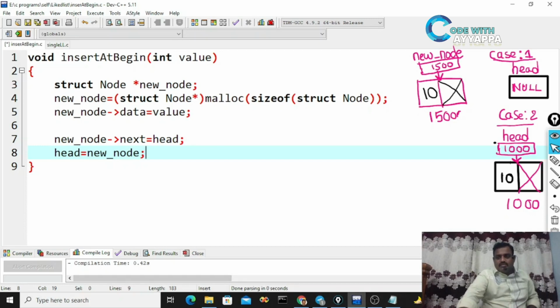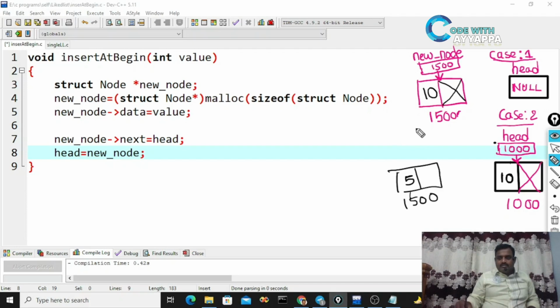Go to this case. Please observe this case. Suppose this is the situation. What do I need to do? A new node is created. Suppose the new node data is 5 in this example. This is the new node. This address is suppose 1500.